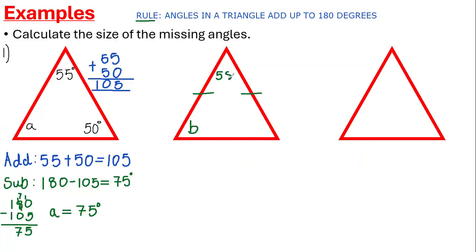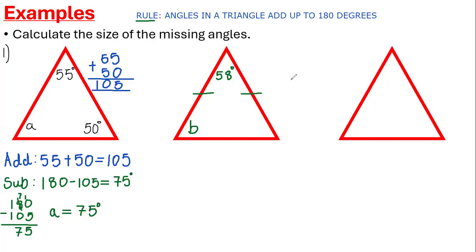All right, so let's say we have this one. This is interesting. I want to figure out what B is. Any ideas in this classroom? How are we gonna get B? You add up 58 and 58, and then you subtract it from 180. She said we add up 58 and 58 and we subtract it from 180. Okay. Anyone else?